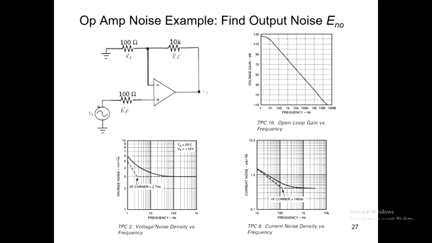And then what? I noticed it was 10k over 100 ohms. So that means RF over RI plus 1, which would be 101. Rendered into decibels, that's 40 dB. Go on the 40 dB line across here, 100 kilohertz. And that's the signal bandwidth, one particular frequency, like 40 kilohertz.